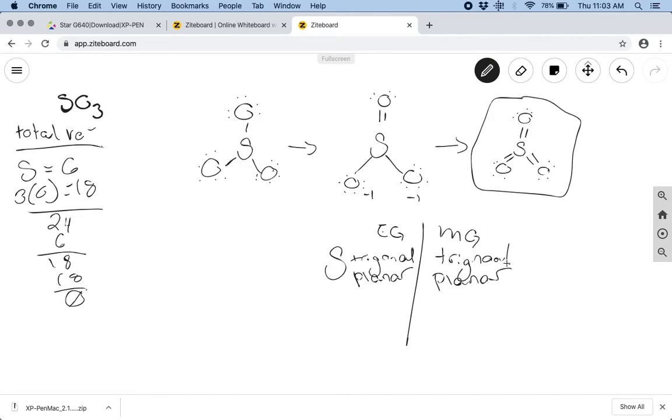This one was a little tricky. We're going to look at an example where we do have some lone pairs in a moment, so we're going to move on to that one. Again, if you need to pause to look at any of this before we move on, you are free to do so. So we're going to go through, clear off this molecule. The next example we're going to do is